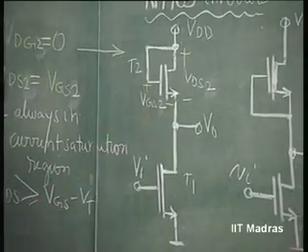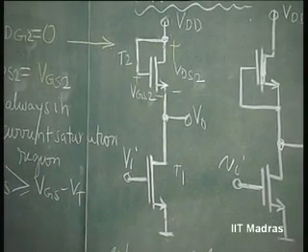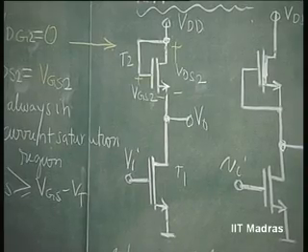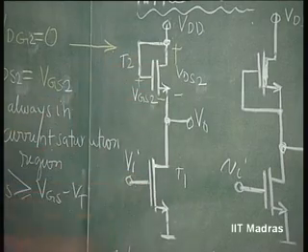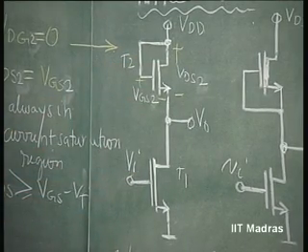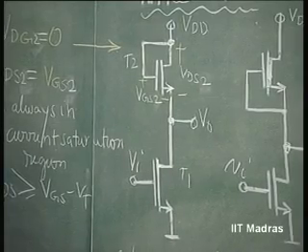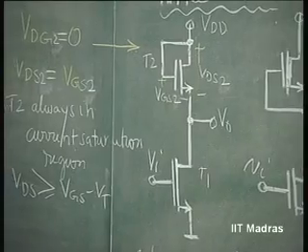Therefore, this T1 to begin with is in the current saturation region. So, both these transistors, when we enter conduction, are in the current saturation region, which means the current in